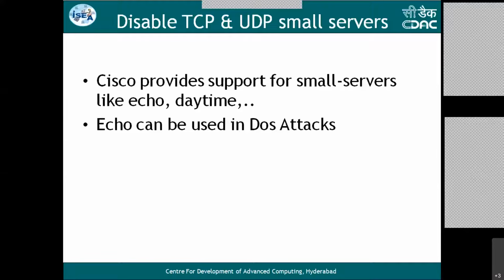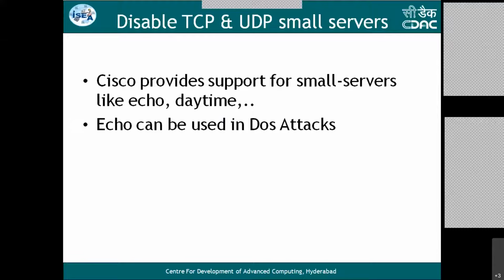Similarly, whenever you are hosting these switches and routers, there are also UDP small servers available. Small servers are useful for things like displaying daytime, which is also one service. Anything which is giving a service in a communication could be called a server. Your router or switch is hosting services like echo testing, daytime, etc. They are called servers, but they only work for smaller purposes. That's what we call small servers.